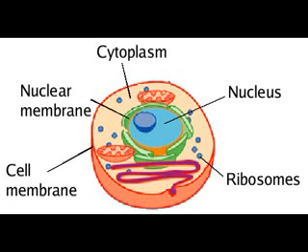It regulates the entry and exit of substances by being semi-permeable in nature. The fluid nature of the plasma membrane makes it flexible and enables it to engulf substances or remove waste. So the plasma membrane or the cell membrane is also known as the selectively permeable membrane. We have already studied in the previous video how the movement of substances takes place across a plasma membrane by the process of diffusion and osmosis.